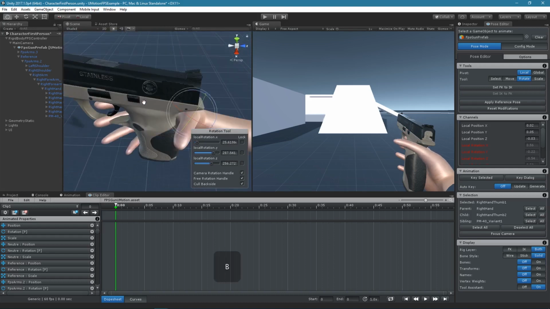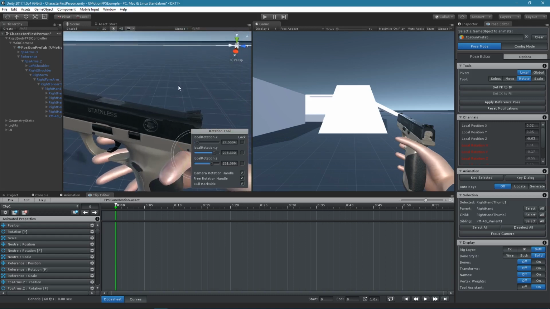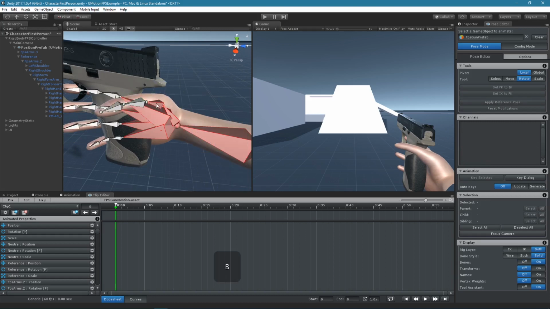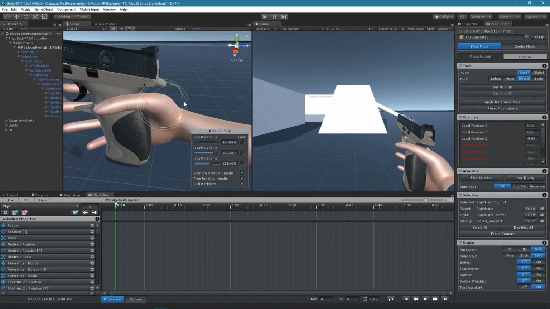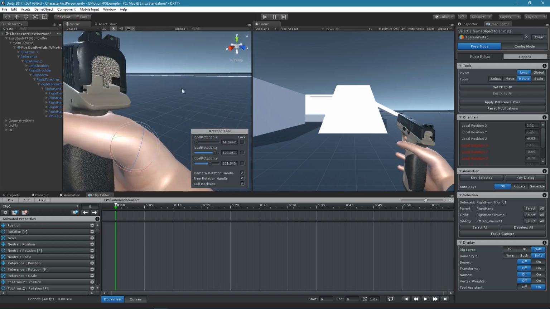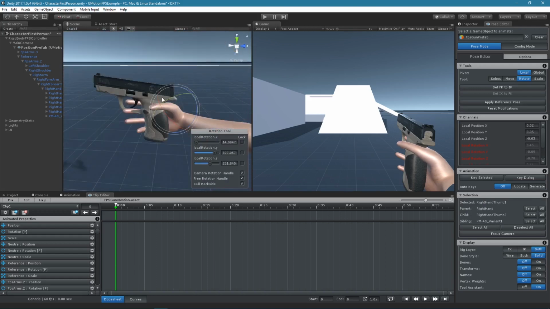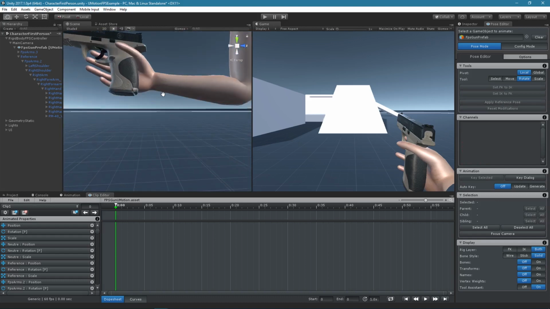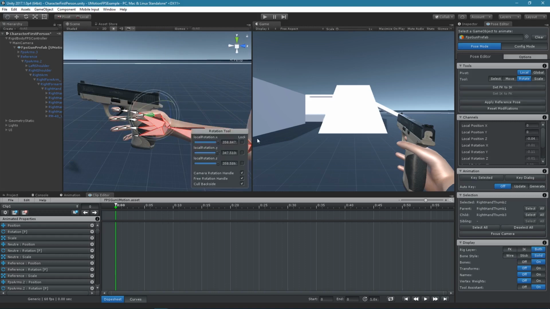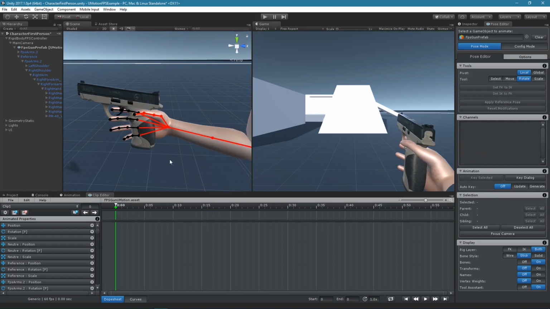I'm always enabling and disabling the rendering of the bones to get an idea how the final pose is going to look like. Okay, that looks already pretty good. I'm going to use stick rendering to have a better sight on the mesh of the fingers. I can now place the rest of the thumb around the gun.